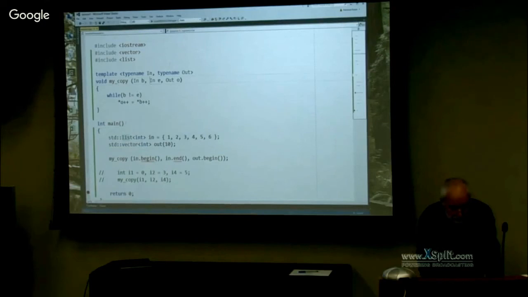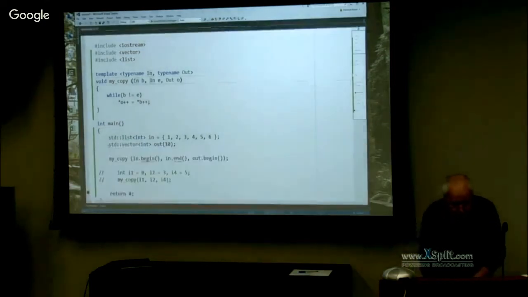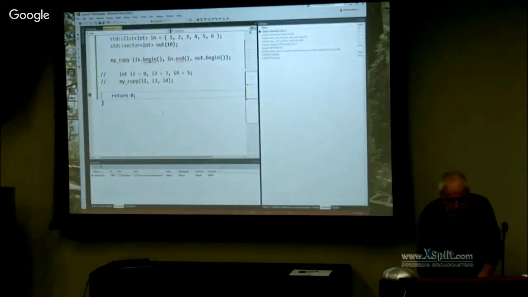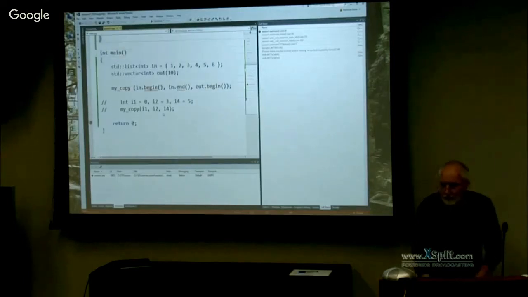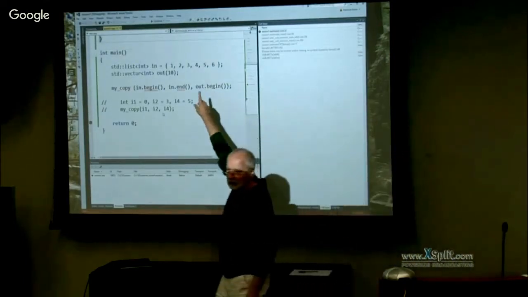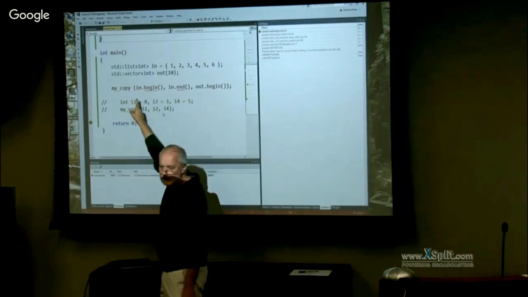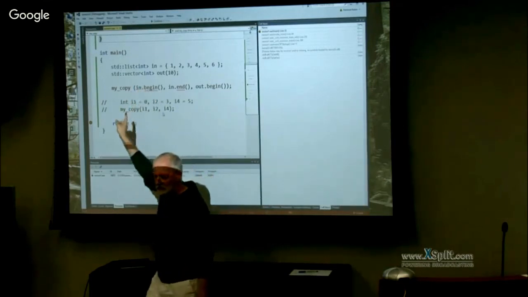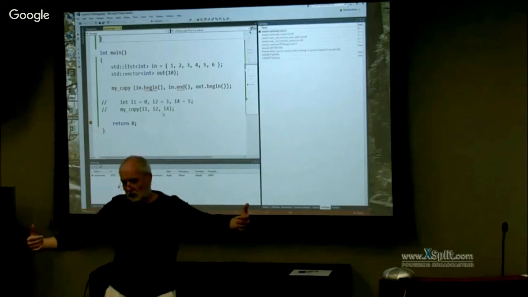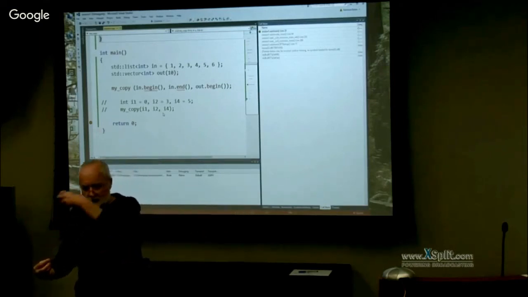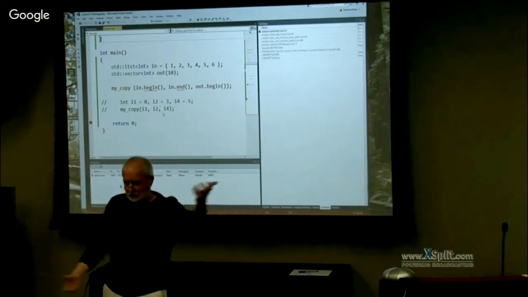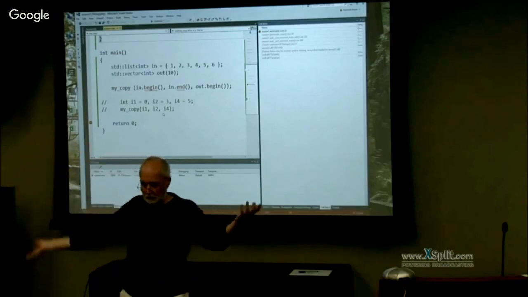See, now I set my breakpoint and let it run. And you will see that I haven't even touched the copy function. All I did was change the type of the input container, which is not a vector anymore, but now it's a list. It's a bidirectional list which distributes these 6 nodes somewhere in memory.